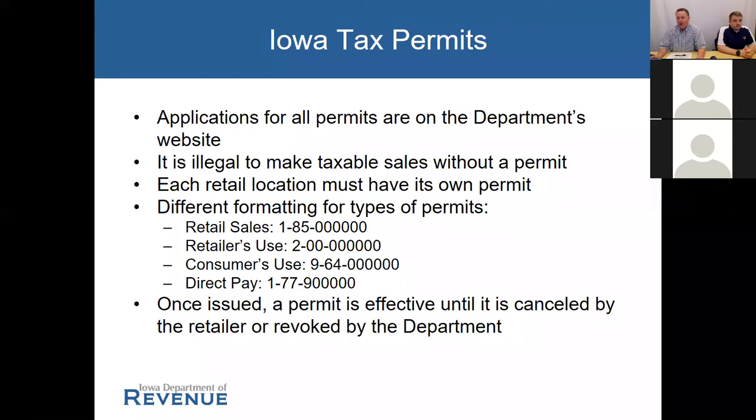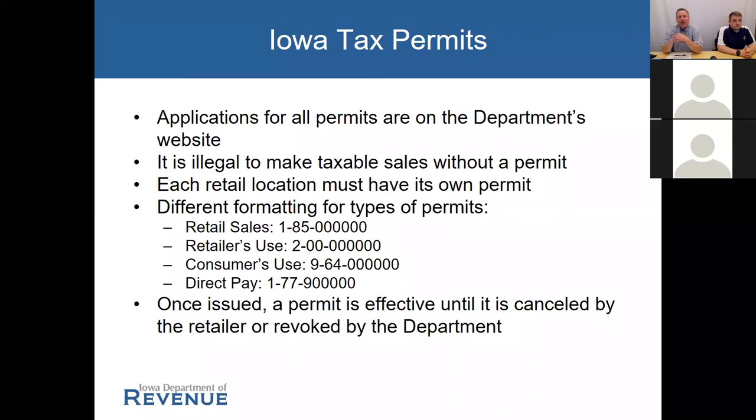Another thing that goes with that, though, you can apply for a consolidated permit so you can do one filing for all locations. It's a combined number, but you do have to have a separate permit for each location within the state of Iowa. The next bullet down here, the fourth one, covers the different formatting or number sequences for